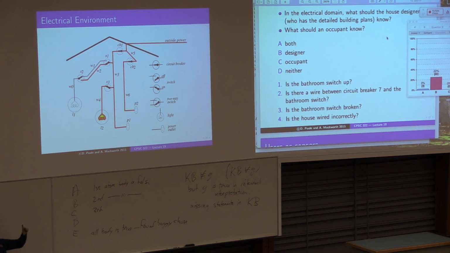So what we'd like to do is to not model everyone's knowledge in some monolithic sense, because then we can't do it. So what we're going to do is make the design of the system, build a system that's going to talk about whether bathroom switches are broken. And we'd like to design the system so that we're getting the knowledge from the appropriate source. Okay, so we're not going to think about the designer and the occupant all telling us these things. And in fact, you're going to find out that